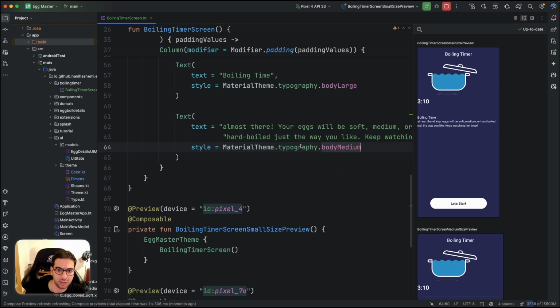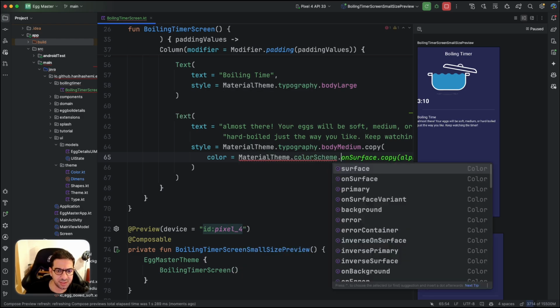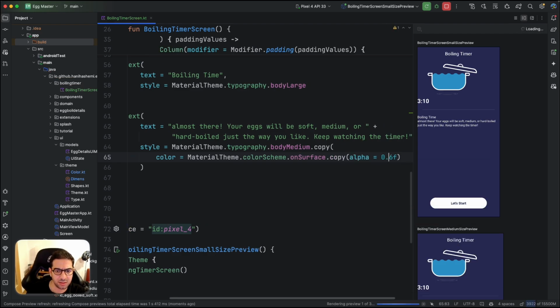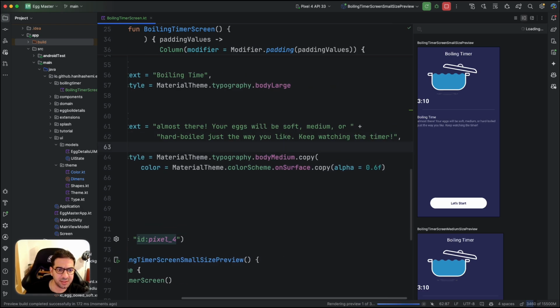But we have the description, but the size of the description that we need to have: body medium, the copy, color equal to material theme, that's color schema, on surface, 60% transparency,